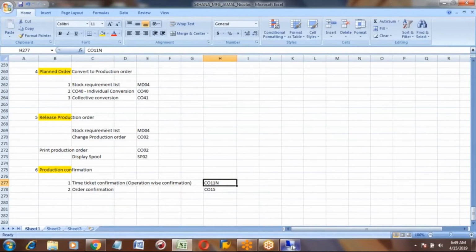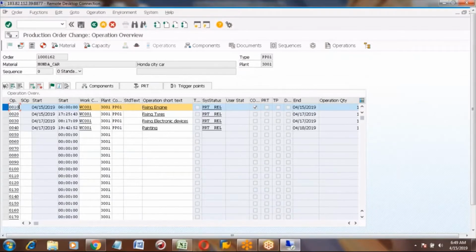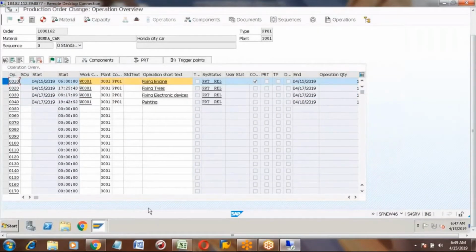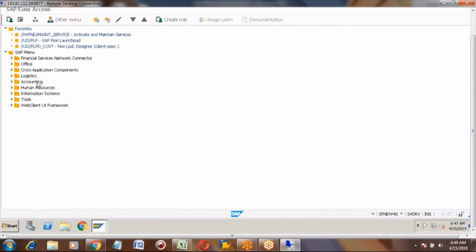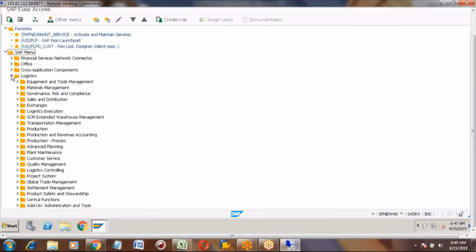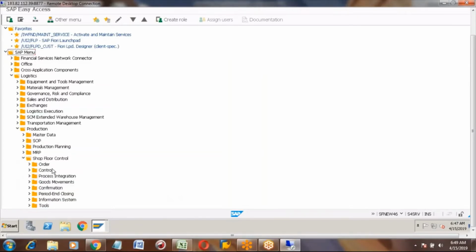Now I will open this transaction code and show you the details. The navigation for this is Logistics, Production, Shop Floor Control. You can see a separate folder, Confirmation.